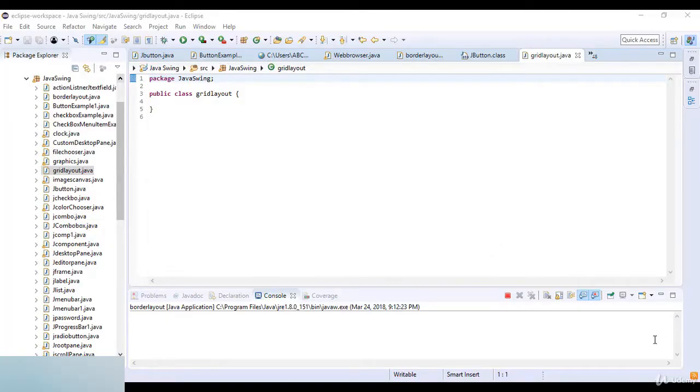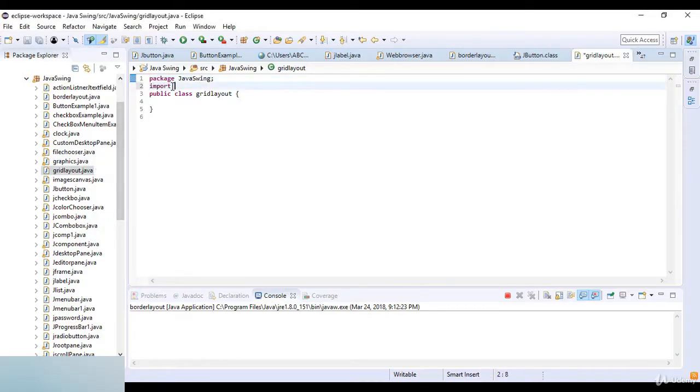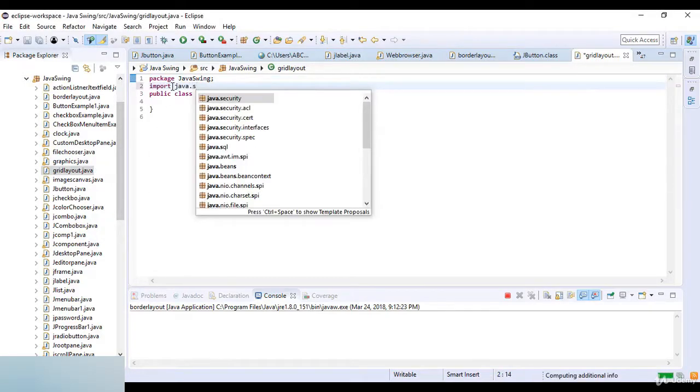Welcome to this lecture. In this lecture, we are going to learn about the grid layout in Java. The grid layout is used to arrange the components in a rectangular grid. One component is displayed in each rectangle. For the grid layout, we just need to import the library of java.awt